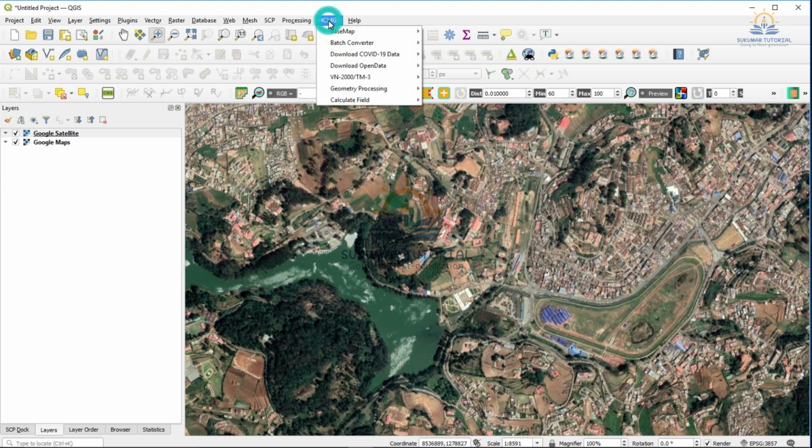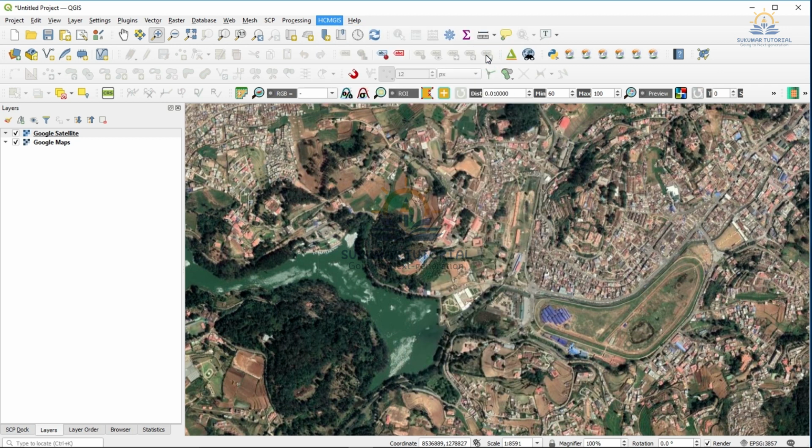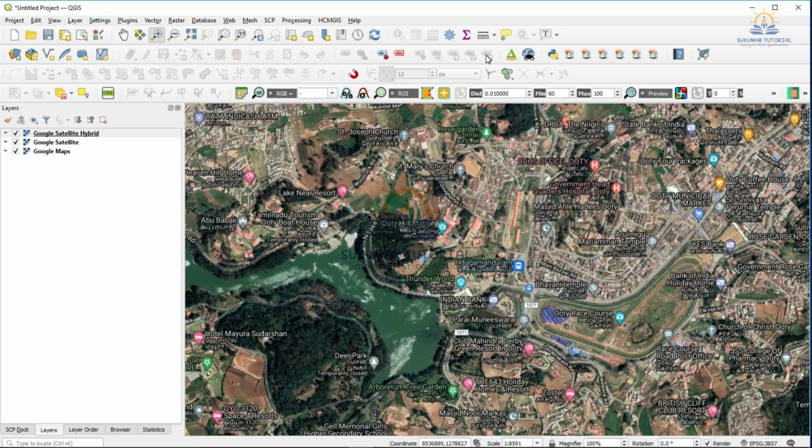For which, what I should do, I have to go again to the HCMGIS base map, hybrid. Google Satellite Hybrid, you open it. See, now the locations have come. There is a bus stand, railway station, hospital, H is there. Then you got restaurants and religious places, mosque, everything you are getting with the locations. So using these locations, you can use point features and then you can digitize it.